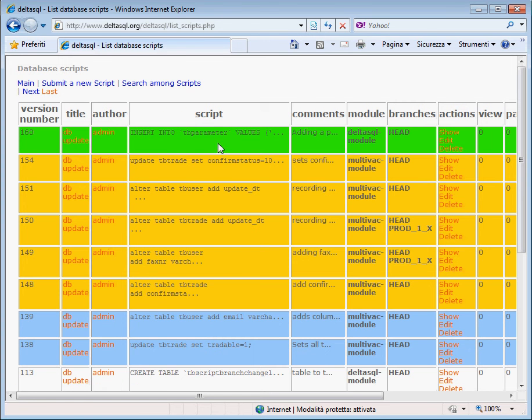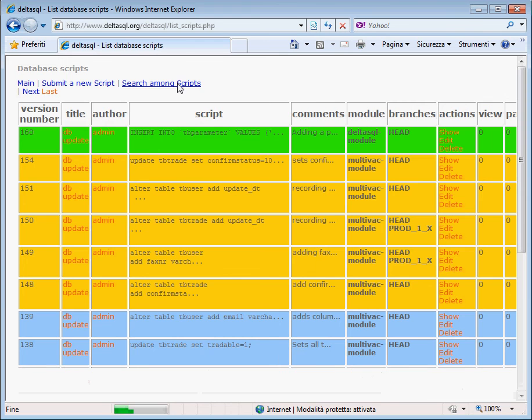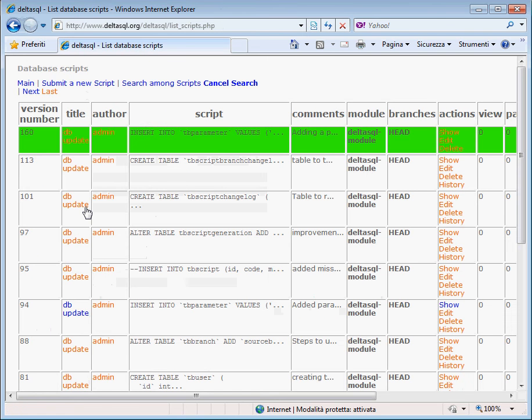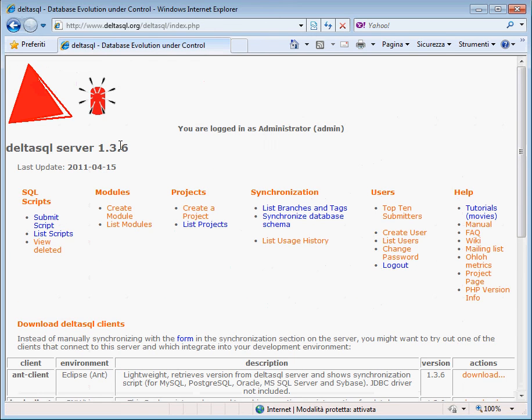and it turns green. Okay, we are also able to filter for all scripts which belong to the deltasql module. We do this filtering so that we see that all other scripts are much older. And now assume this is the latest change we do for this 1.3.6 release, and now we would like to tag it. So we tag it in the list branches and tags,